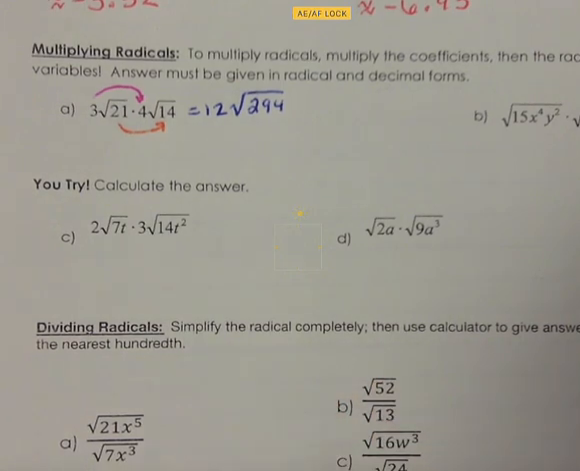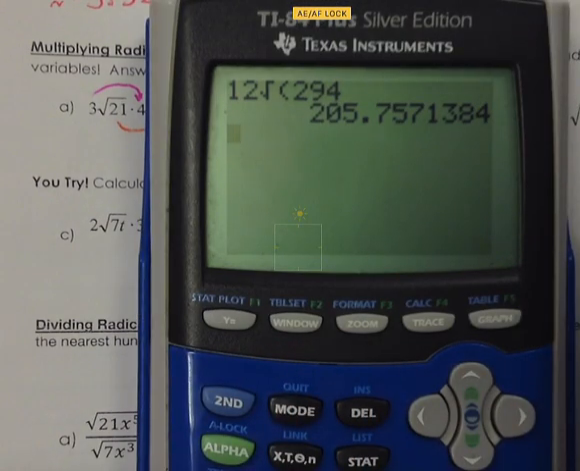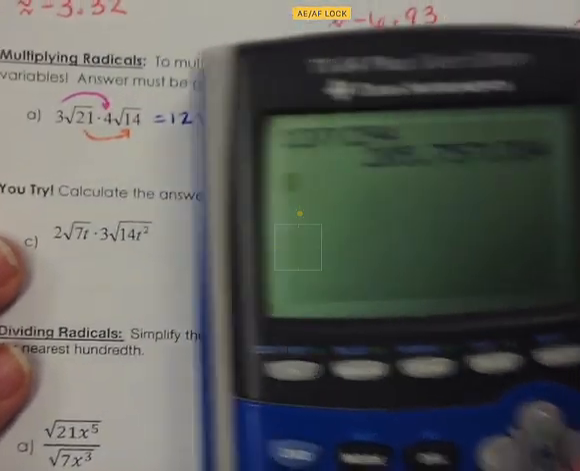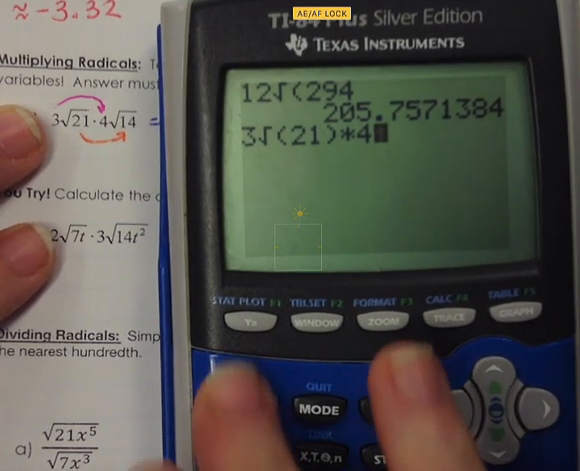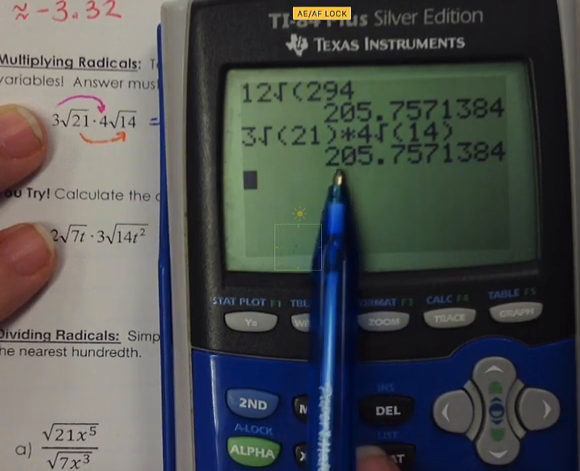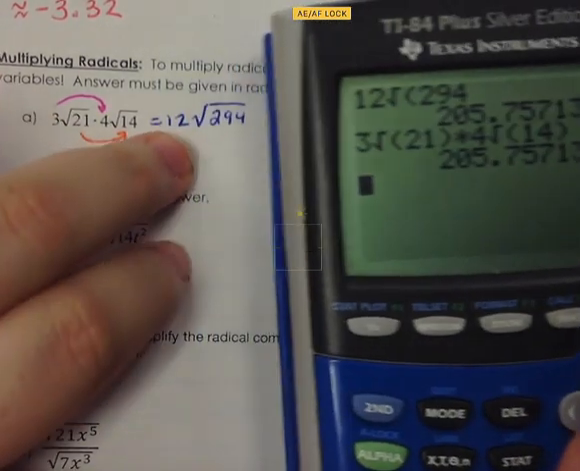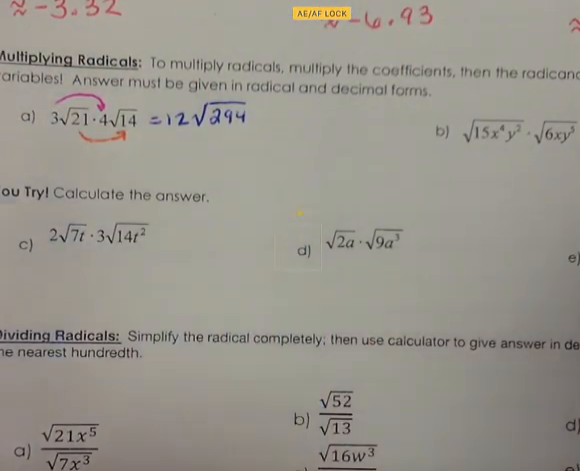So we can put this into our calculator. And we have 12 square root of 294. We get 205 and 76 hundredths. Now, I will say we could have done this straight in our calculator by doing 3 square root of 21, close the parentheses, times 4 square root of 14, close parentheses. And we get the same value. The reason I'm wanting to show you this one, though, is so that we can simplify this with the radicals, given in radical form. So this is approximately